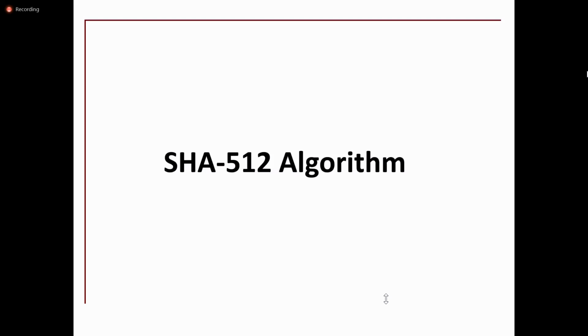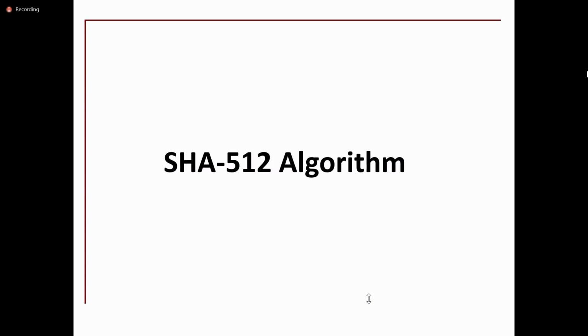So the answer is 160 bits. SHA-1 algorithm produces 160 bit length hash code. It is not 128 or 256. The main purpose of SHA algorithm or hash functions is, for a given message, whenever it is transmitted over the network, to provide authentication, hash code is used to provide the authentication.